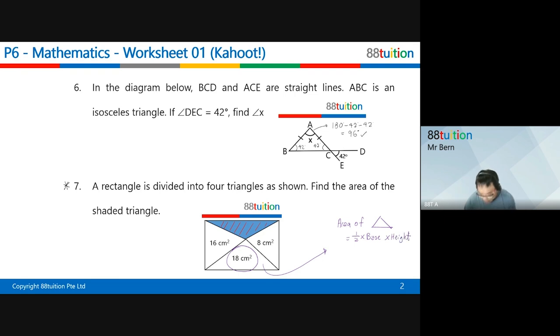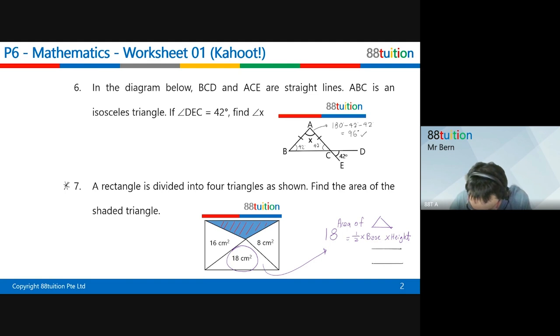Okay. So in order to find out the base and height, do you know or not? Because we are given the area already. The area is 18. The area is 18. Okay? So what is happening is, if I don't want to bring in the half,